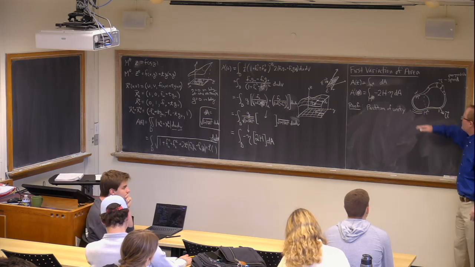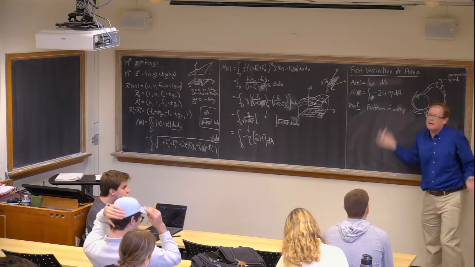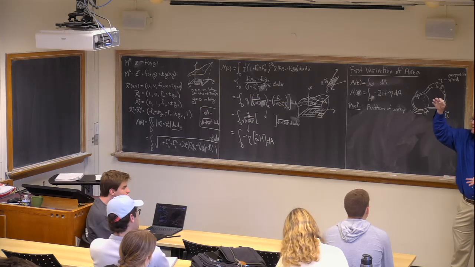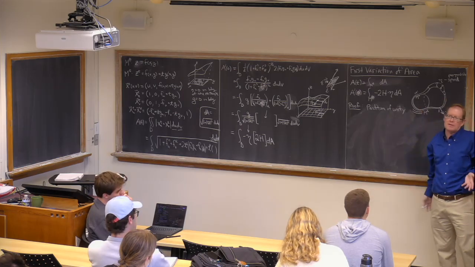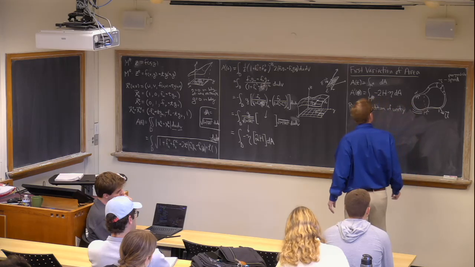Now, does it have to be a graph over the x-y axis, or could it be a graph over the y-z axis just as well? Yeah, it doesn't really matter. It could be the graph over any two axes you like. In fact, you can even rotate the thing. It doesn't change area, right? So all you need is that with respect to some rotation, you can make it a graph locally, right? So the key point is, what I do is,